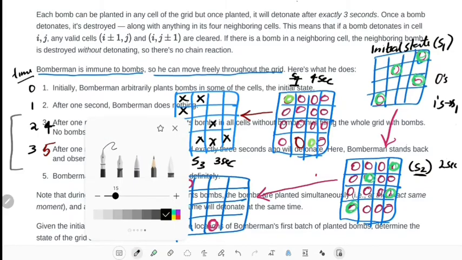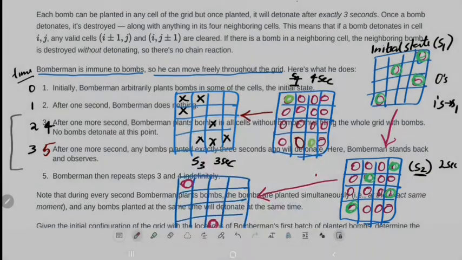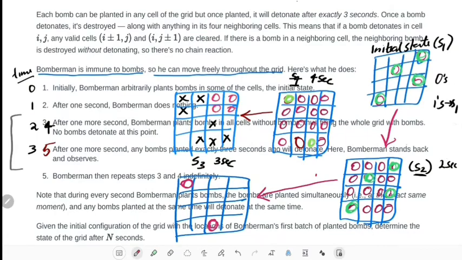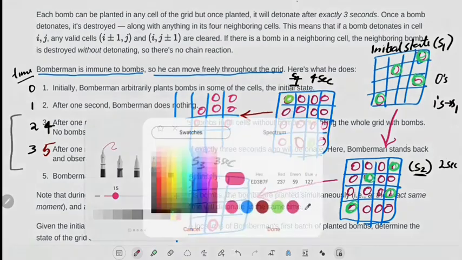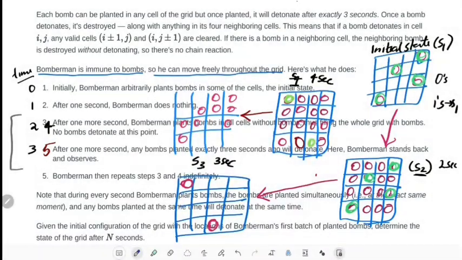Okay, remaining cells are bombs. Okay, this will be our new state, and let me name it state 5 at 5 seconds.